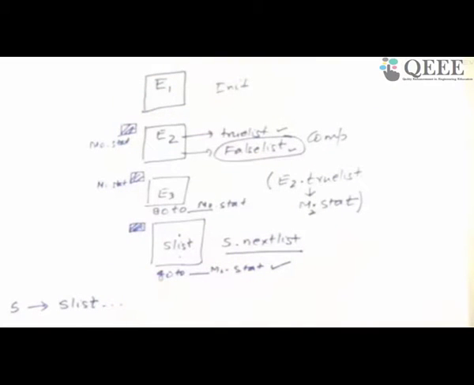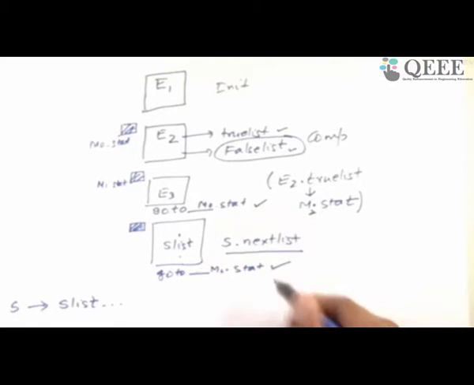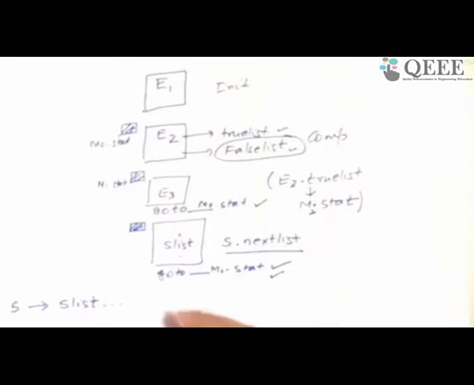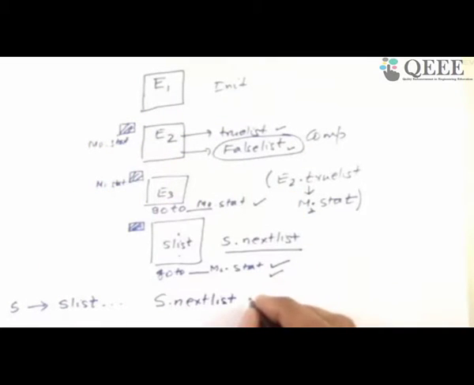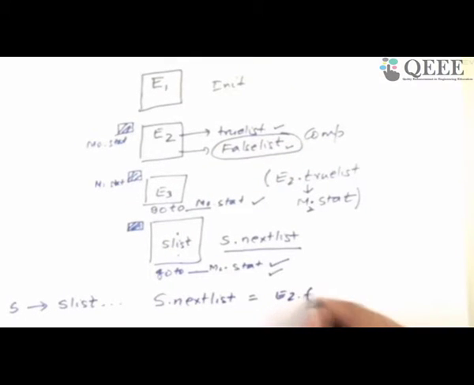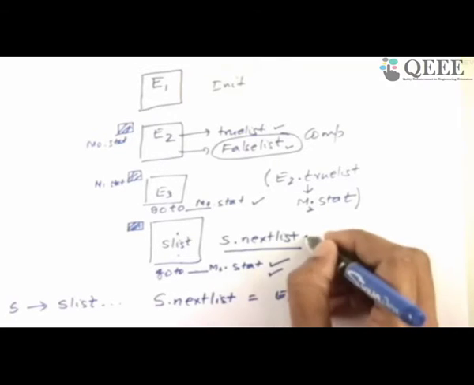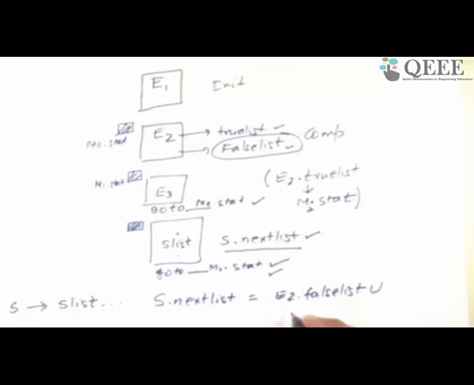So if you want to do this along with parsing, you observe that we have introduced quite a few gotos. One goto extra here, one goto extra here, and this whole statement is incomplete. I have to figure out what happens when this whole statement is over. So what is S dot next list of the for loop? Now you can see I don't know what E2 dot false list is. So this is incomplete, and I should note it down. I'll use a merge for that. I don't know what S dot next list is, so I'll also union with this.